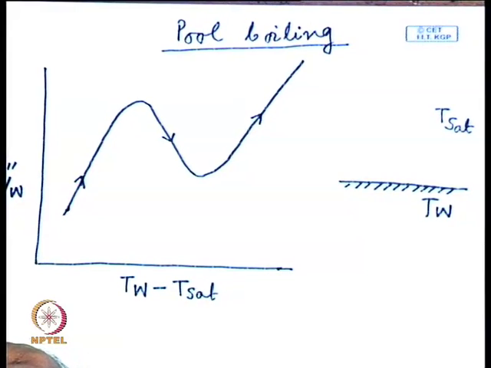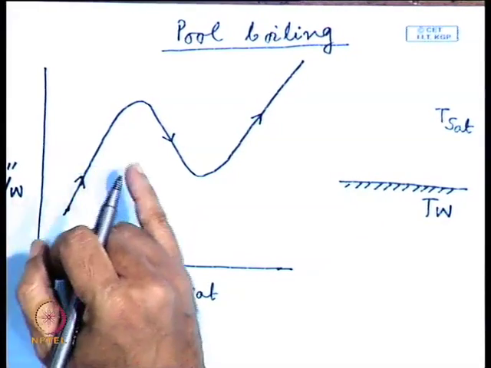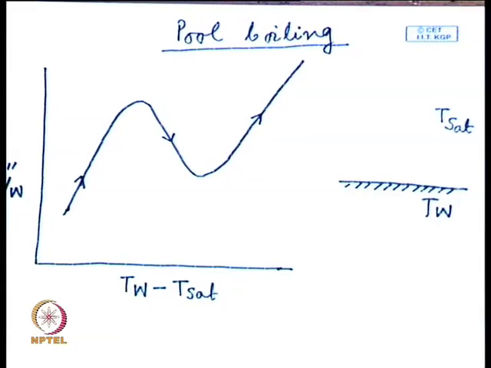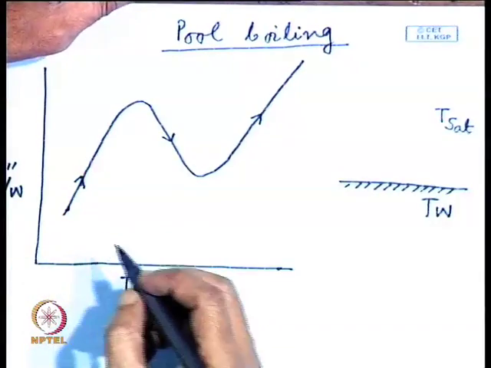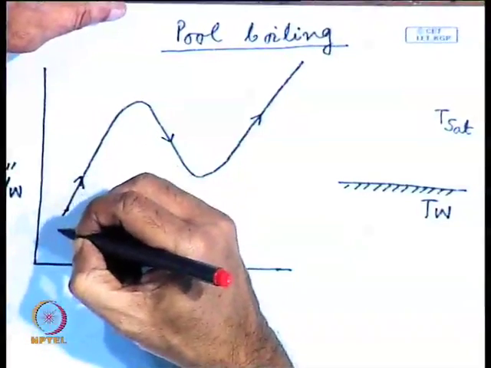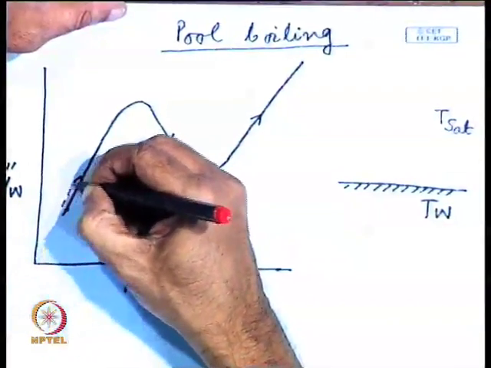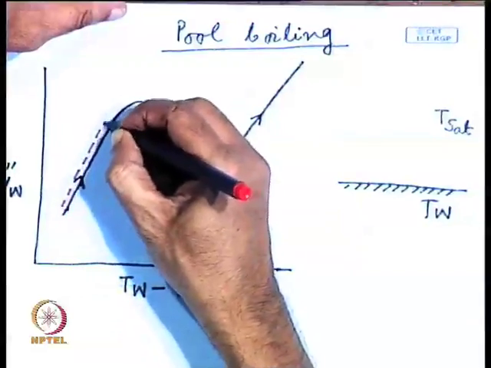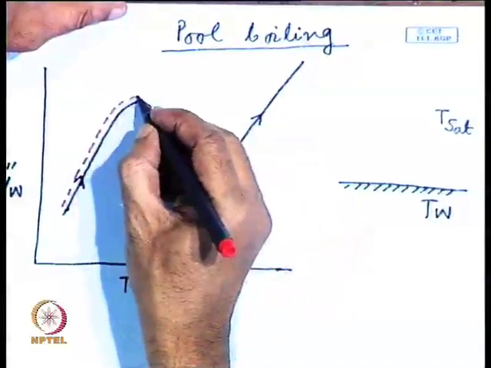The pool boiling curve which I have shown is generally obtained when the temperature of the heating surface is independently controlled irrespective of the wall heat flux. We will get this kind of a curve. Whereas, if we try to control the heat flux, what we will get is slightly different. Suppose we are heating, and gradually we are increasing the wall heat flux. Then we will get a curve which is given by this broken red line, but there will be now a